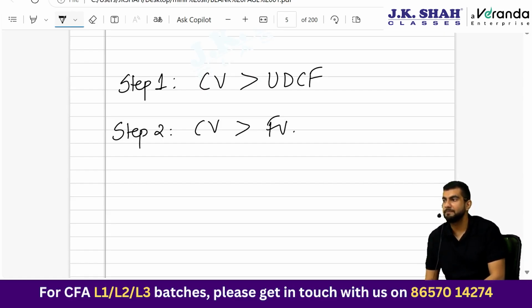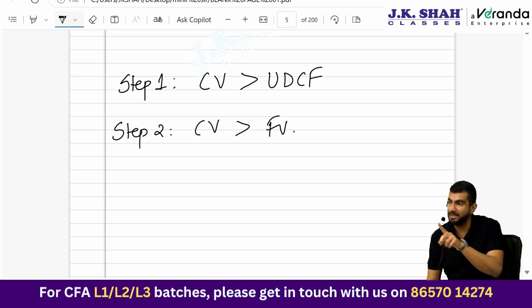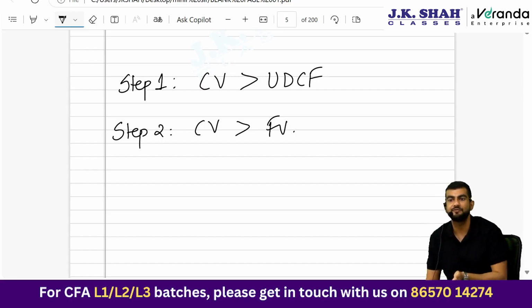But when it comes to impairment reversal, is it allowed under IFRS? Yes, it's allowed only to the extent of original cost. Is it allowed under US GAAP? No. US GAAP prohibits impairment reversal just the way inventory write back was prohibited under US GAAP. US GAAP is very conservative by nature.